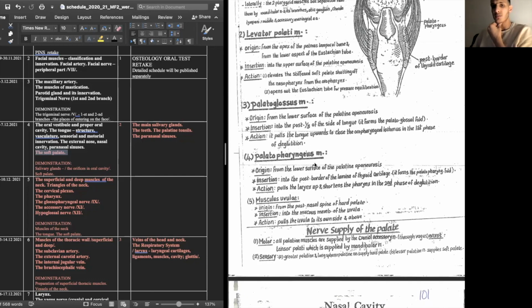Finally, the palatopharyngeus muscle. Origin from the lower surface of the palatine aponeurosis, insertion into the posterior border of the lamina of the thyroid cartilage. Action pulls the larynx up and shortens the pharynx in the second phase of deglutition. I think what it means here is that when we're trying to swallow, this muscle pulls the larynx up so that we can take in